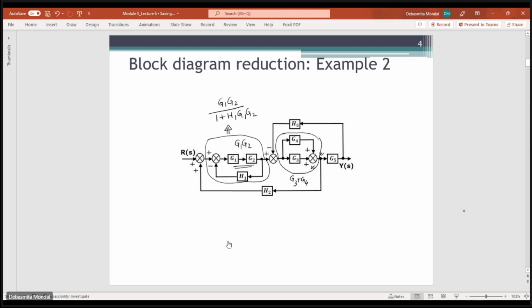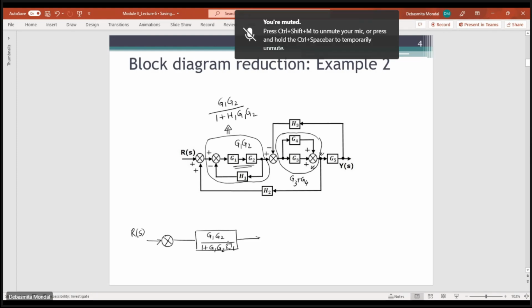These three blocks are changed by G3 plus G4. So now you have R(s) over here. You have this G1 G2 divided by 1 plus G1 G2 H1. Then you have